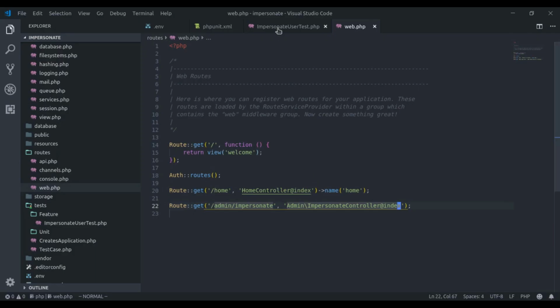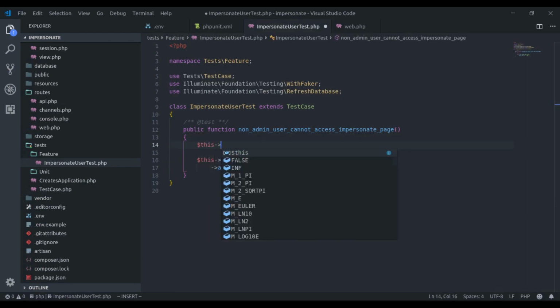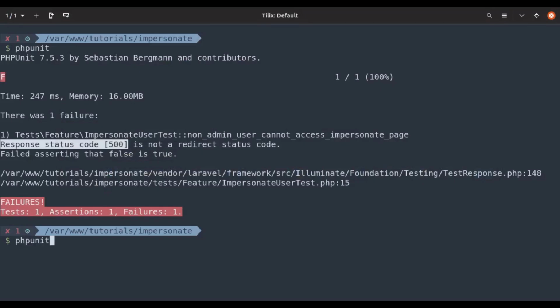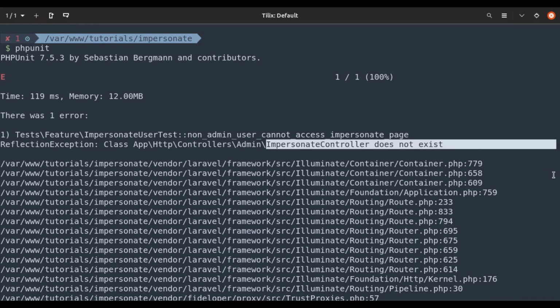So what we're gonna do, here we will call this withoutExceptionHandling method. Run PHPUnit again. Now we got the proper feedback with the issue. ImpersonateController does not exist. I always like our tests without exception handling because I always like to see proper feedback if any test fails, so we can easily identify what the issue is.